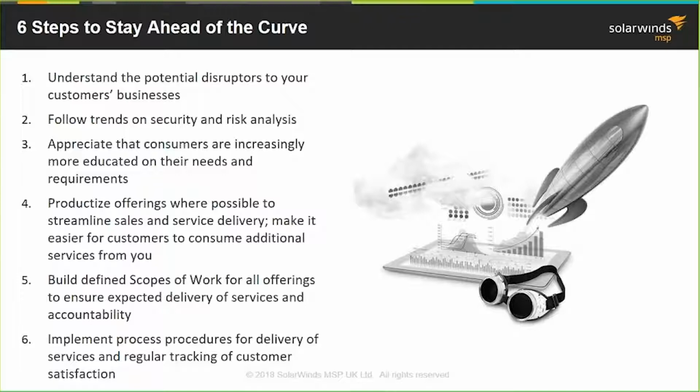Security and risk are massive components of any service provider's business today. I believe that all of your customers today just believe that you're their security provider. So as a result, you need to be making the recommendations on enhanced security. If you're not doing it and you haven't made the recommendations and some form of breach happens, you are going to churn that customer.